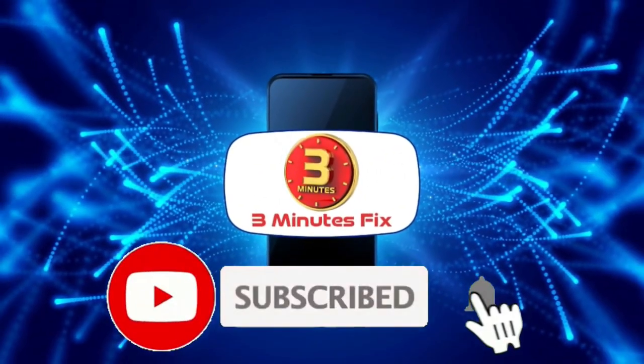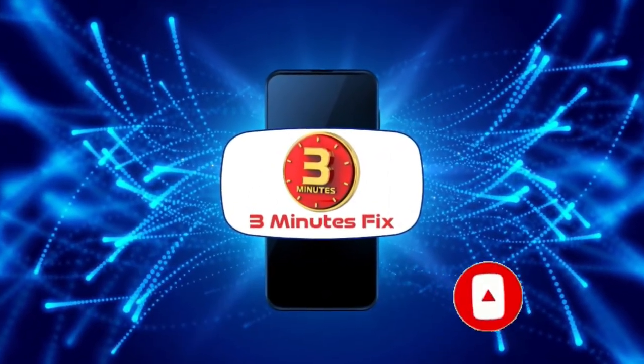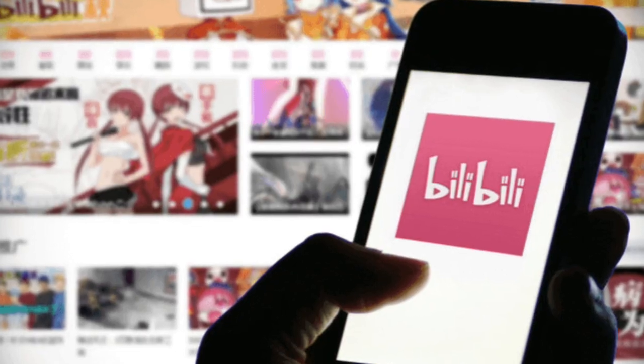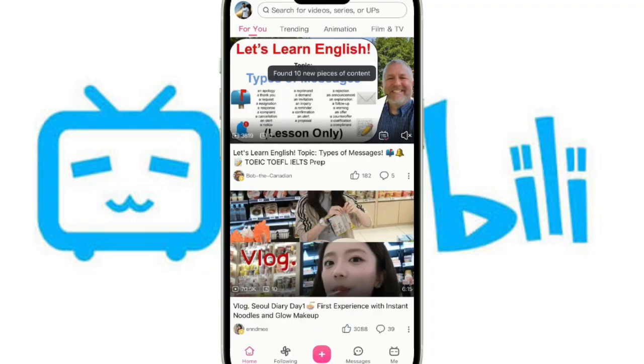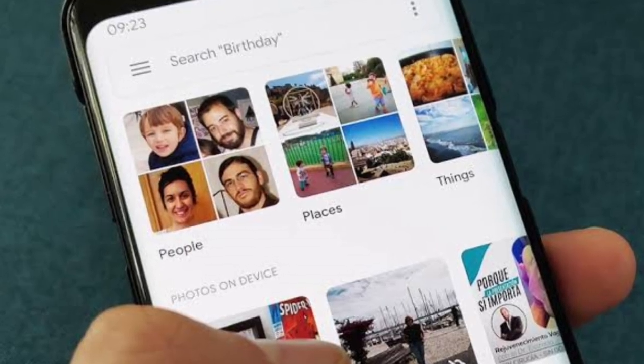Let's get started. Publishing your videos to Bilibili Global lets you share your content with a worldwide audience without going through complex setup steps. To start, open the Bilibili app and tap the Me profile icon in the bottom right corner. Tap the upload button or the plus icon to open your phone's media gallery and select your video file,